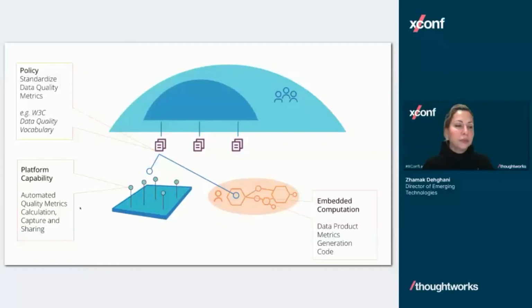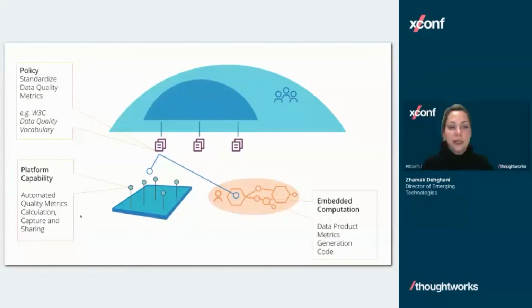And then we say, okay, the platform is going to provide libraries in terms of sharing and calculating these qualities. Platform will provide SDKs that the data products can embed and have a standard API for exposing those, and the platform will provide the global visibility to that, right? So that's how to think about the computational governance.